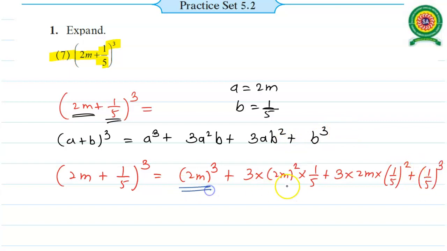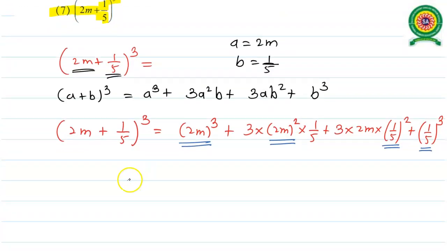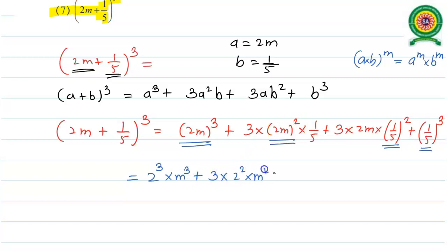Now try to separate out the cube, square, square and cube, so that we are getting 2m the whole cube. As per the rule of indices, once we have a into b whole to the power m, we can write it as a raised to m into b raised to m. So that try to separate out, ultimately the cube we are getting 2 cube into m cube, plus 3 into, same thing over here we are having now 2 square into m square into 1 by 5 as it is, plus 3 into we have 2m into,